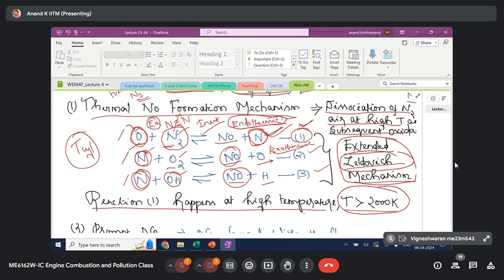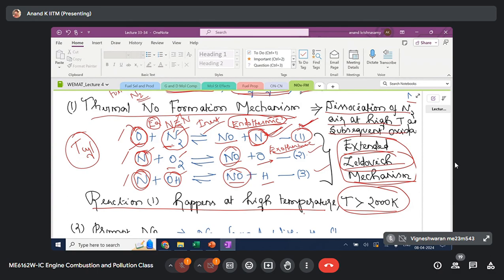So later on, I'm going to discuss with you one of the current techniques that we adopt to operate an IC engine at a lower temperature, and we could observe almost 0 level of NO with this understanding. So we are able to run an engine at lower temperature. We primarily target chemical reaction 1, which happens at high temperature. We want to bypass or avoid this reaction. By doing this, we are able to achieve almost 0 level of NO.